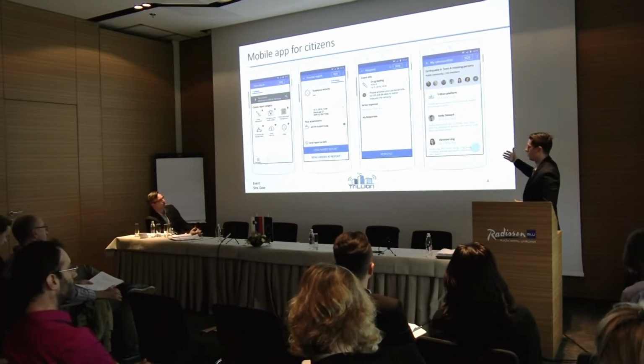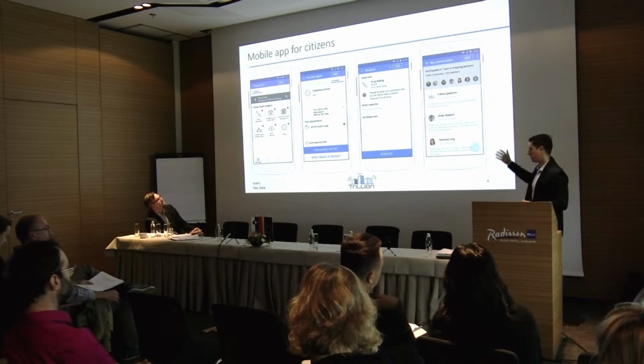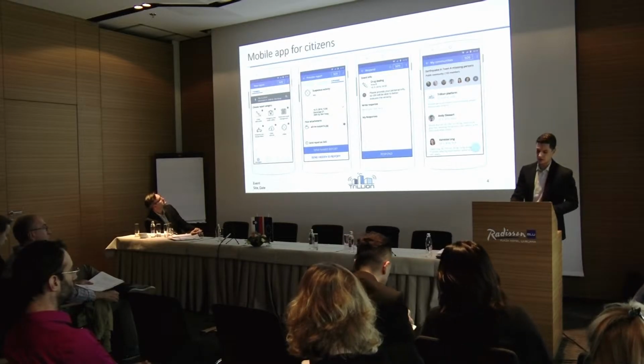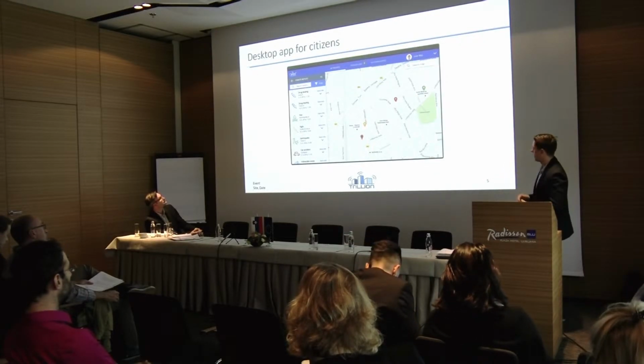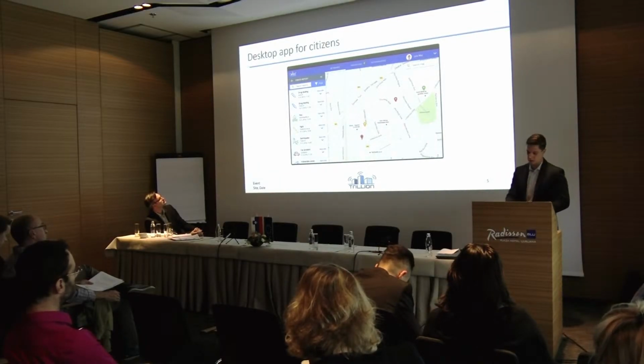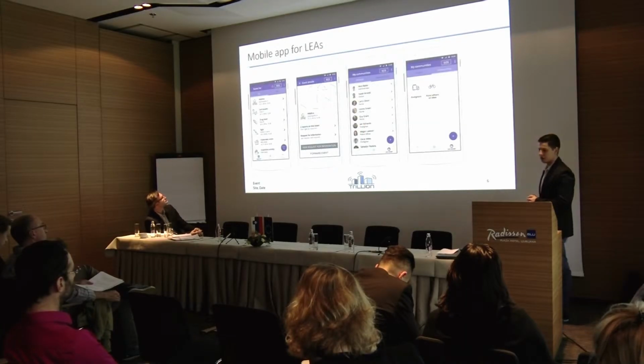On the third screen, we can see how citizens can respond to collaboration requests from law enforcement agencies, and they can also get involved in communities, create their own communities that can also be hidden from law enforcement agencies. This is very important for establishing trust between law enforcement agencies and citizens. The desktop application for citizens basically provides the same functionalities as the mobile version,